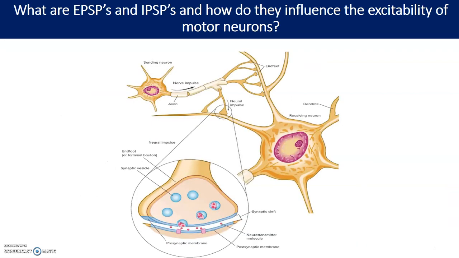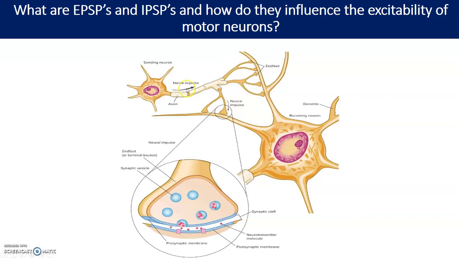So your nerves, in the last video we talked all about action potentials being generated on an axon, causing the action potential to go down the axon and eventually result in contraction if it goes to the muscle. What we hadn't talked about is where those EPSPs and IPSPs come from. Well, on your nerve, you have a soma, or the cell body of the nerve, and branching off of that you have the axon, which we've talked about, but you also have these dendrites, and the dendrites receive information from tons of other